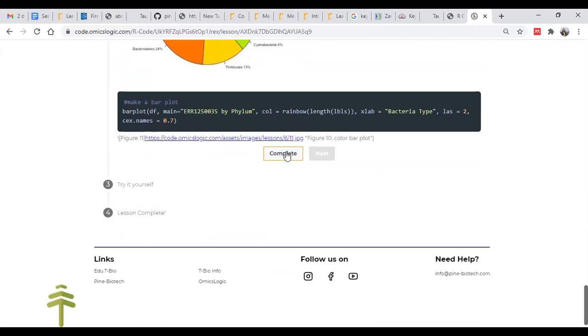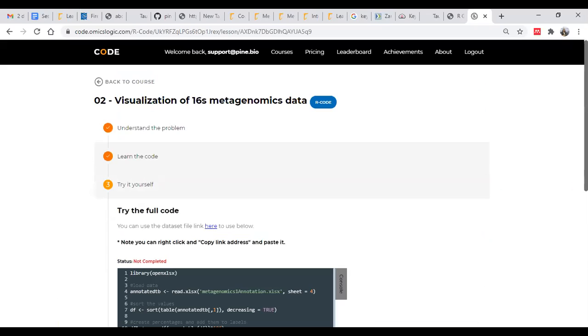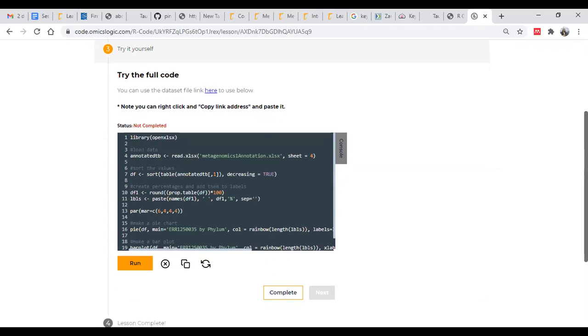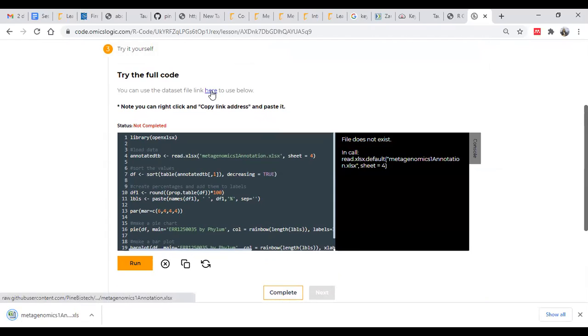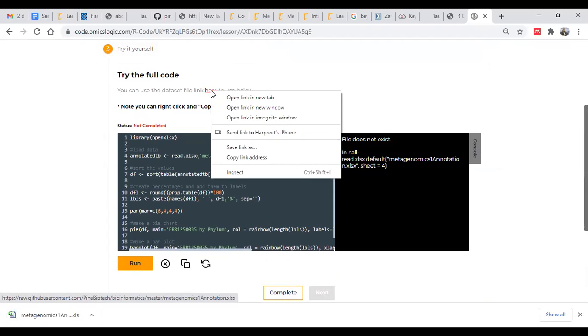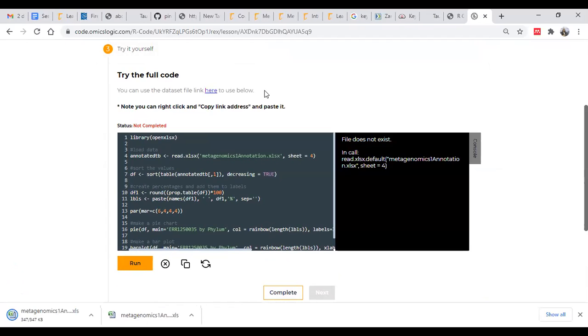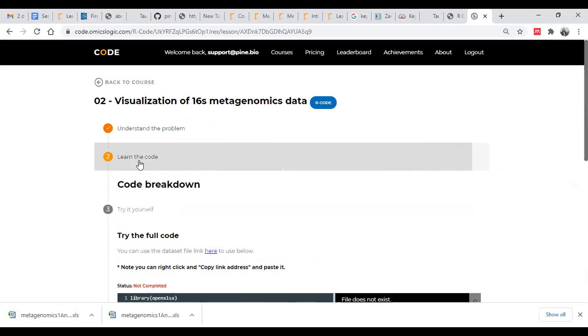This is simply how you can visualize once you have that table. If you run this pipeline, you need to provide the path of this file, and I need to copy it from here.